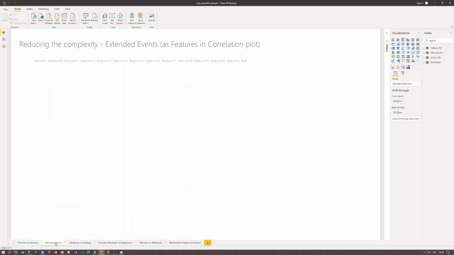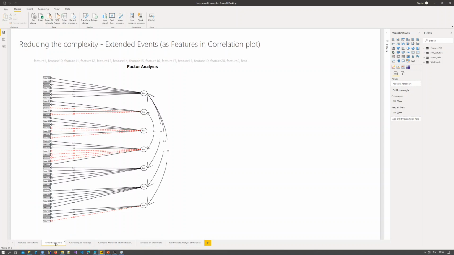So what I'm doing now is using some multivariate statistics to reduce the complexity of those 44 or 43 extended events, presented here as the features. And why is this good? Especially when you try to understand what was going on, and if there are any groups of similar extended events that on those particular runs represented the same value or were part of the same measurement.